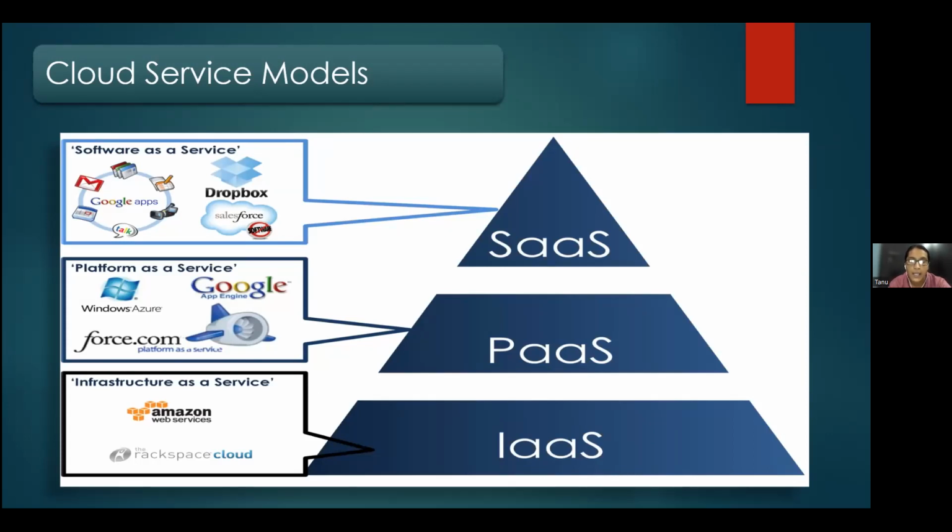The second one is platform as a service. We can take examples like Oracle or Java runtimes, meaning we just have to deploy our code. We do not have to worry about how the code runs in the backend. We just upload our code, and we can take the example of Java.